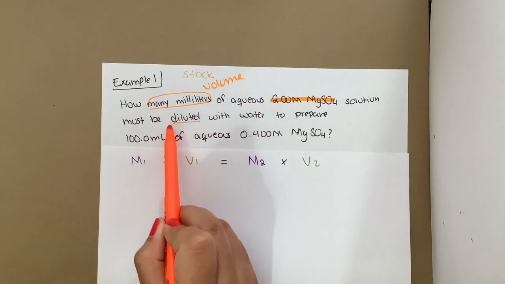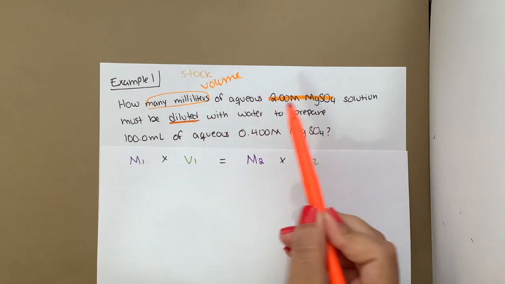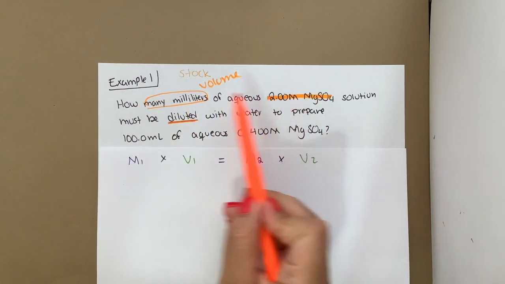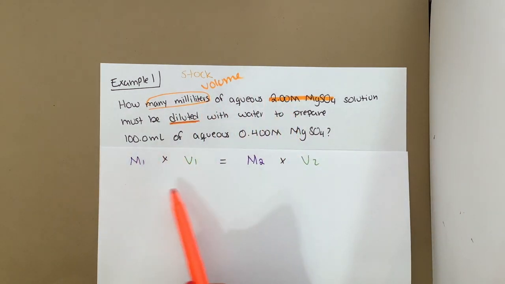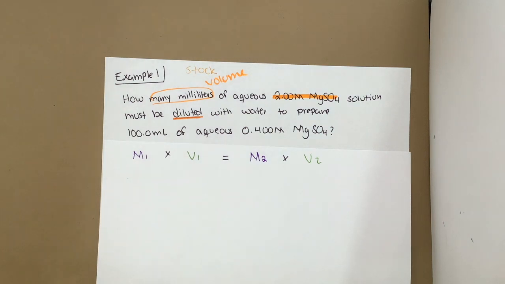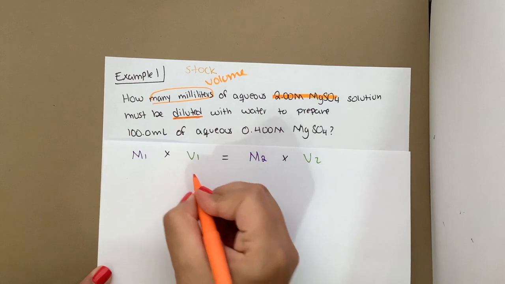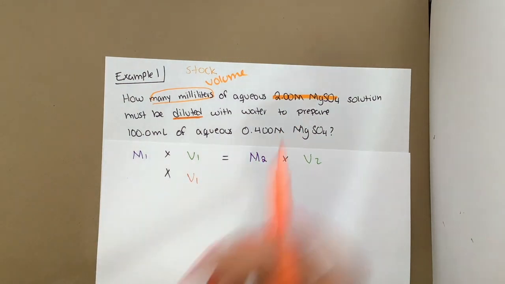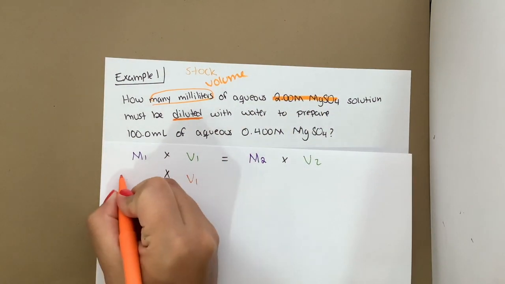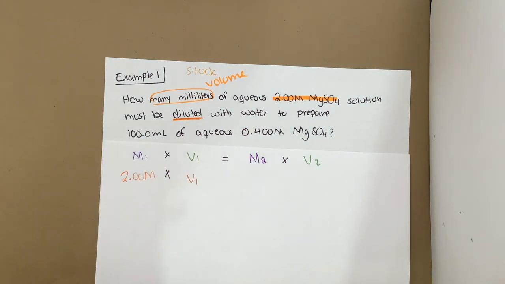You see how this says diluted? That means that we're going to get this solution and we're going to dilute it with water. So this piece of information, this volume and this concentration, belongs to my initial solution. Volume, that's what they're asking us for, so I'm going to leave it as V1. And the concentration of my initial solution is 2.00 molar, equals,